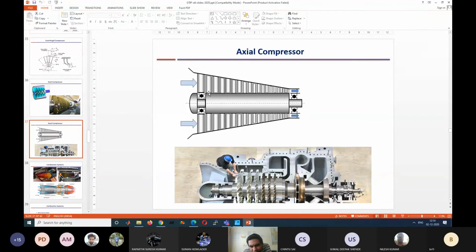This blade root, the blade where it is joined at the hub or at the shaft. So over the shaft there is a hub. Where the blade is starting is known as the blade root. Okay, it is the lowest point of the blade. The highest point of the blade is the tip.